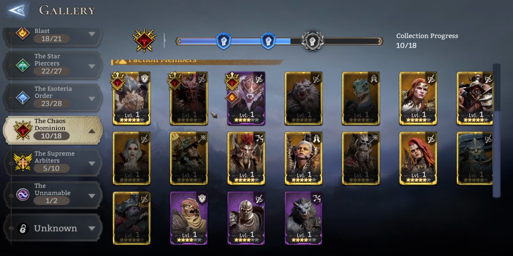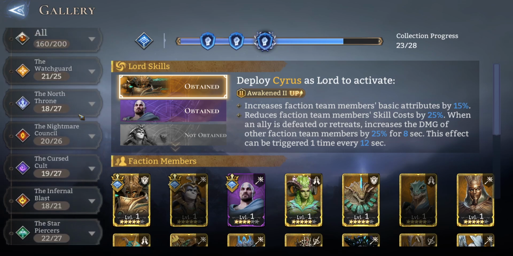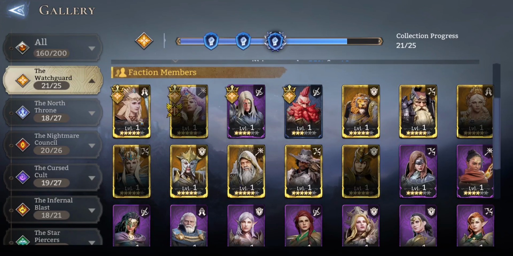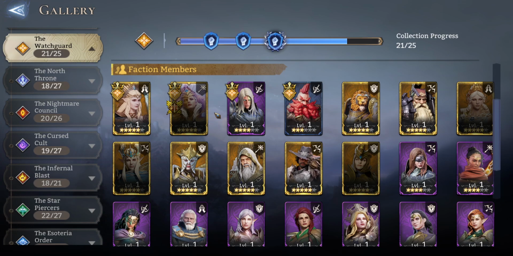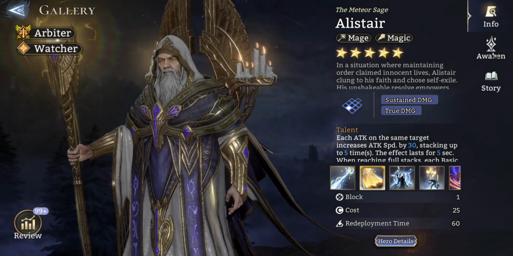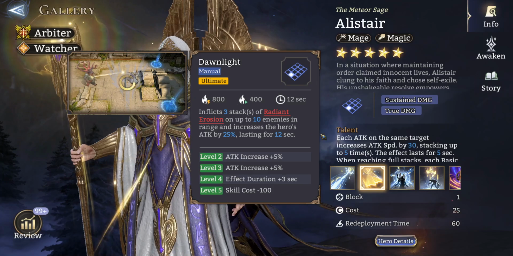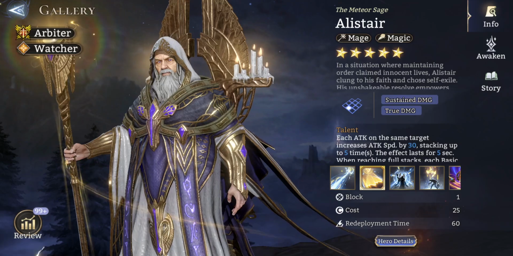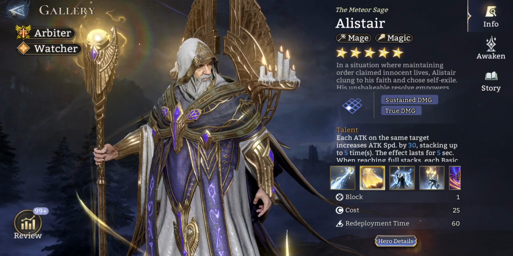All this to say that, yeah, any team, comp, really anything, like say for example if you were running Laya and her uptime was extremely consistent, maybe all of your champions that do a significant amount of basic attacks are better with Infernal Roar anyways. Alistair, I don't believe he just has attack percent increases. Yeah, so it's not necessarily the case, but